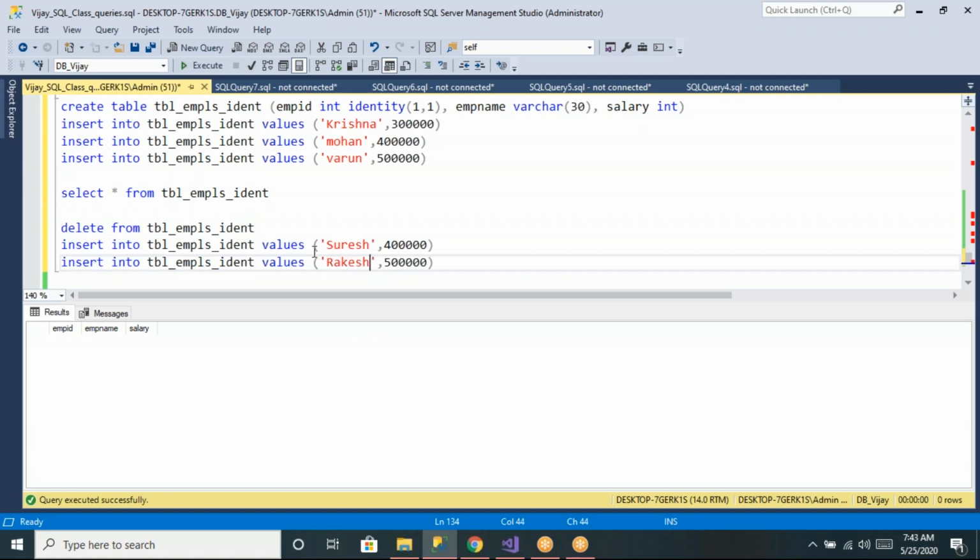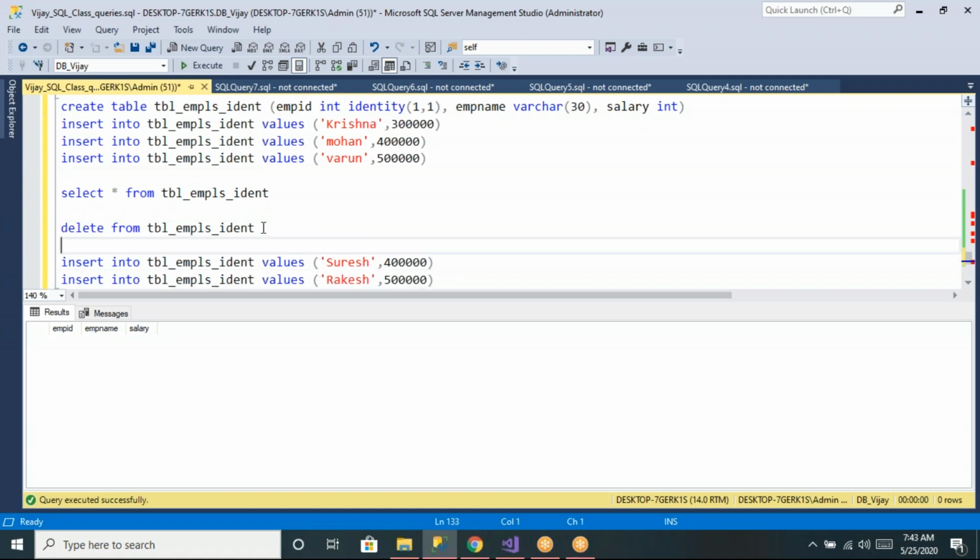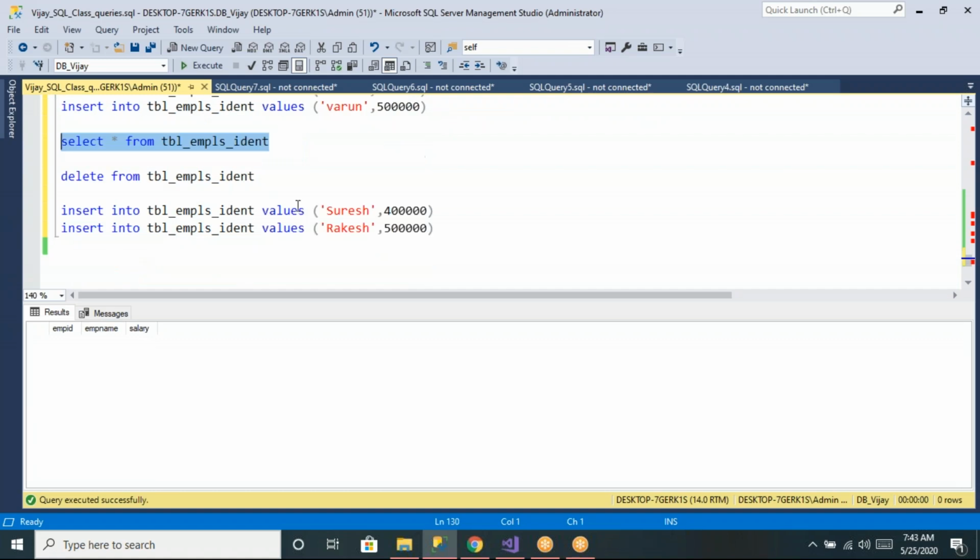Now my question is, before deleting the records, what is the latest employee value? There were 3 records, no? The latest employee value is 3 before deletion. Now after deletion, no records. Now after deletion, if I reinsert 2 more records, what will be the value for employee now?